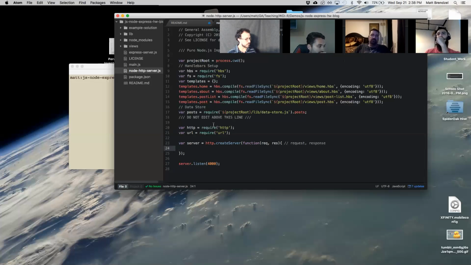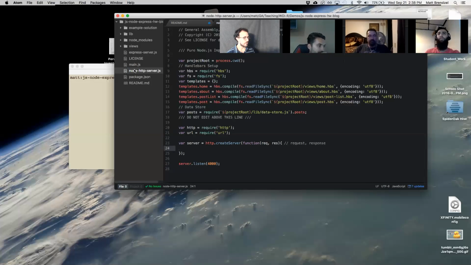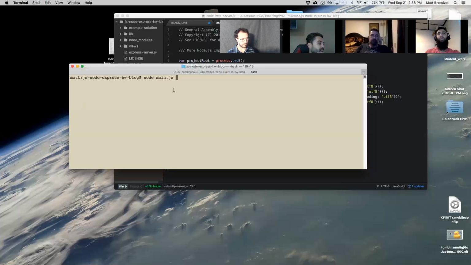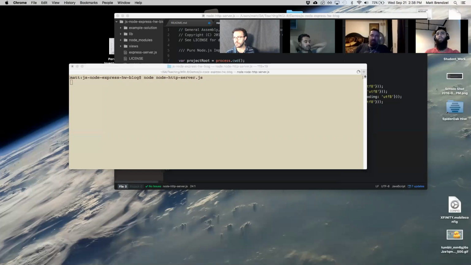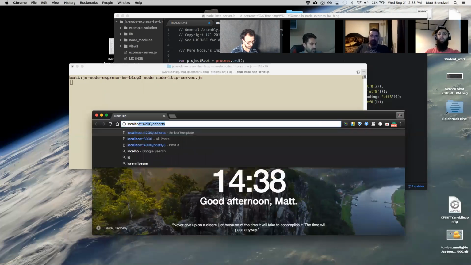We can start this right now if we want. I created a file called main.js, which launches both the Node server and the Express server, just because I didn't want to type both, but you can type node HTTP server.js. That'll also work. Okay, so I start that running. And if I go to localhost 4000,